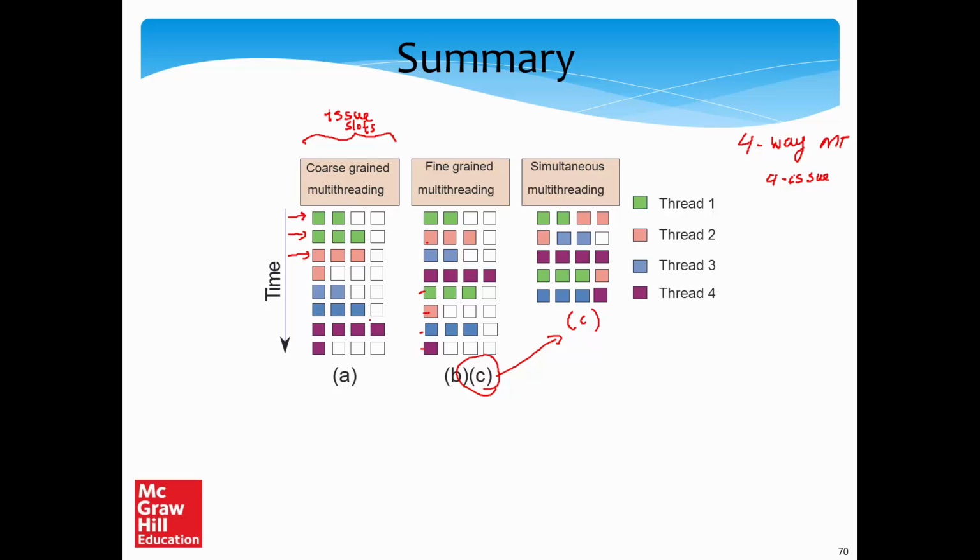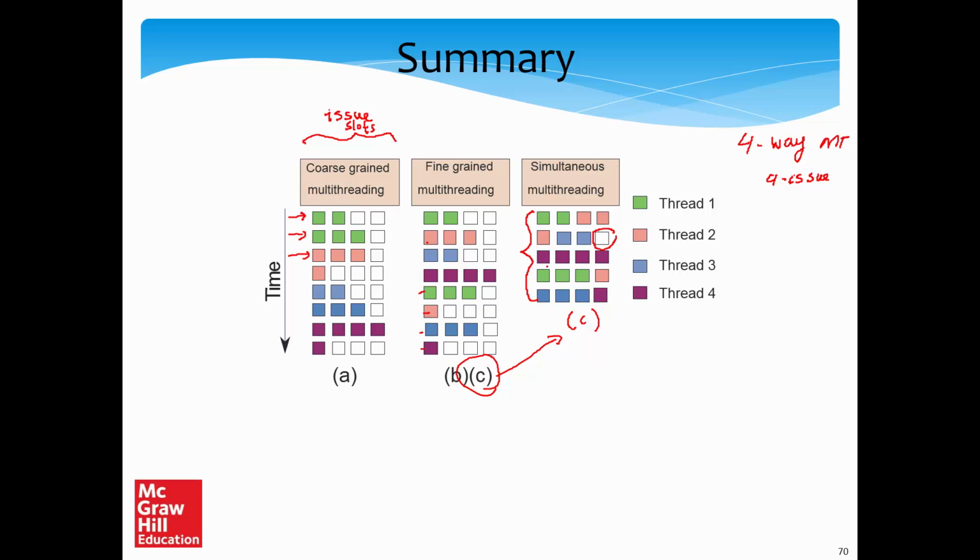But what is genuinely good is simultaneous multithreading, because in every cycle we partition the issue slots among the threads. For example, in the first cycle we have instructions belonging to both thread 1 and thread 2. Similarly, in the second cycle we have instructions belonging to different threads. In the third cycle we decide we'll only have instructions of thread 4. With a very smart scheduling scheme, we have reduced the number of white squares to only one, which means the amount of idling is very little.